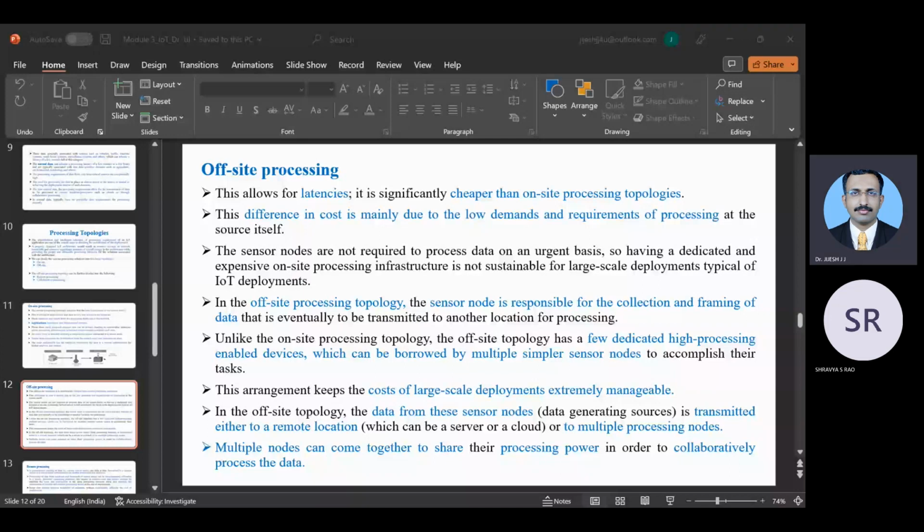What do you understand by remote processing? What do you feel it is? Yeah, that is correct. You are going to do the processing at a remote area, not where the real data is being taken. Okay, so we'll see.